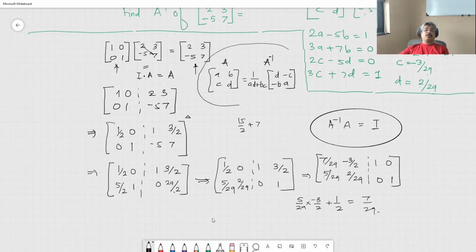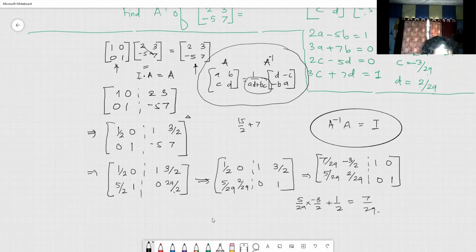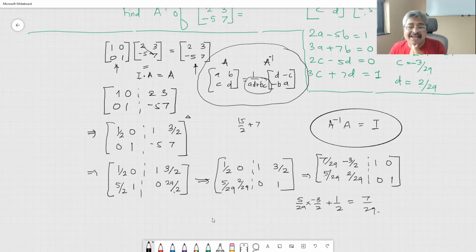So for 2 by 2, you need not spend time. You can directly use this, provided AD minus BC is not equal to 0. Otherwise, it does not make sense. And therefore, whether you check the determinant or not, the determinant is sitting there to evaluate. It should be AD minus BC, right? Yes. The determinant is always AD minus BC. So AD minus BC is sitting there.